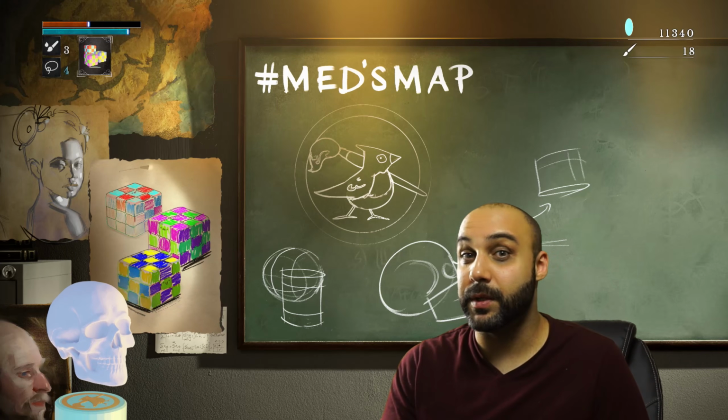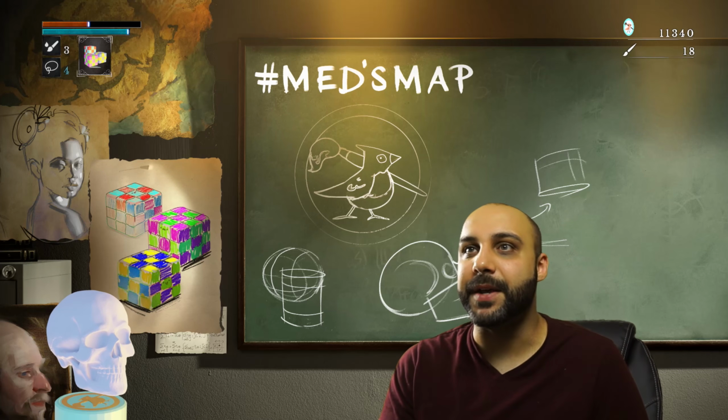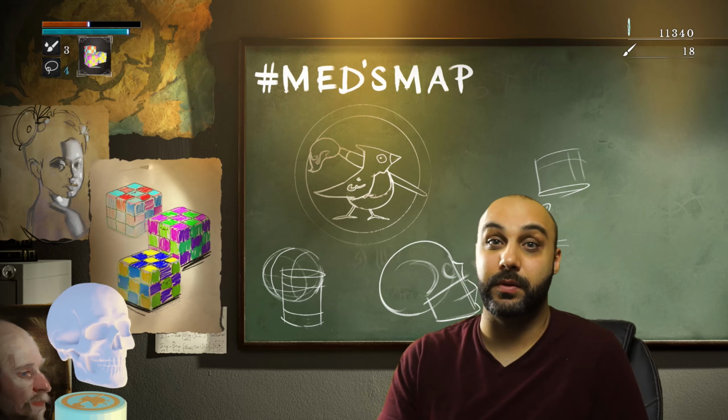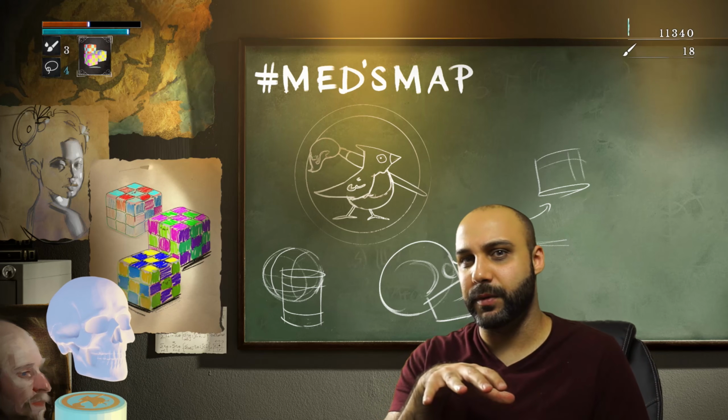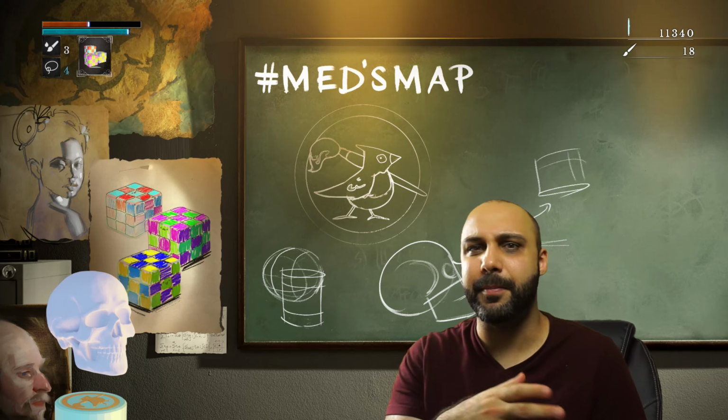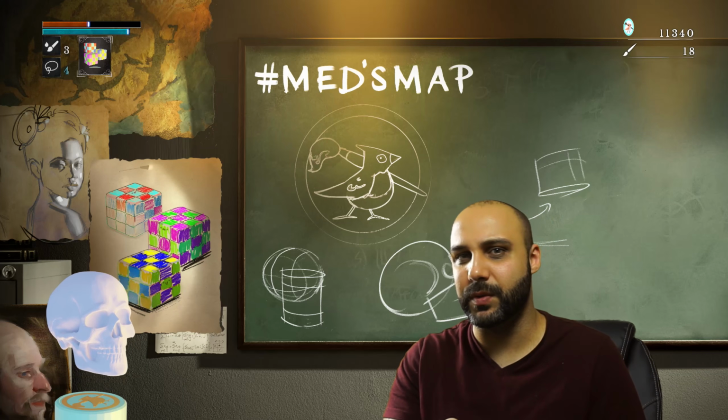So for this video, someone in my last class session for Med's Map asked about how to study character design. Like, how do you actually do it? What are you supposed to look for? That kind of thing. So the video you're watching right now is me answering that question in class and laying out a bit of a map and guide of what you should expect to pursue to have a good grip